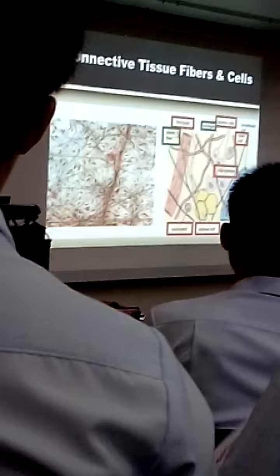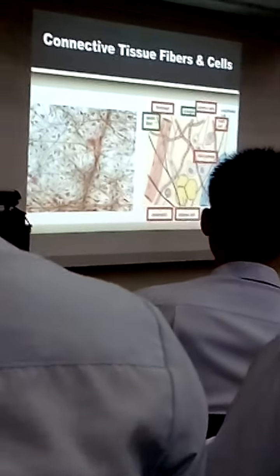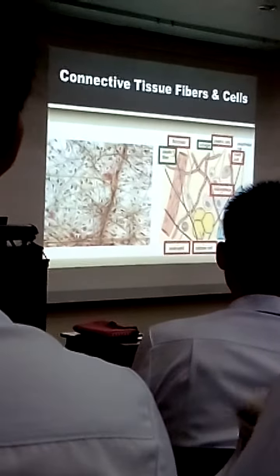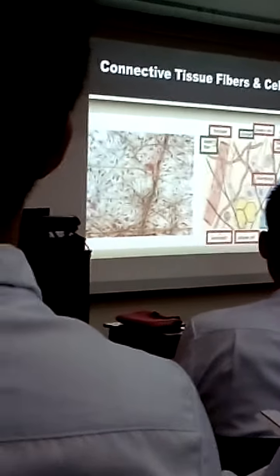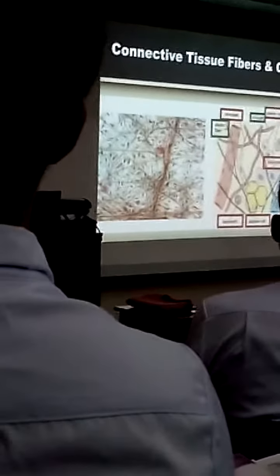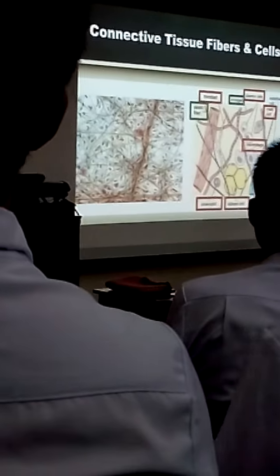So you may have fibroblasts, you may have plasma cells, mast cells, macrophages, lymphocytes. We discussed adipose cells a while ago, and then you may have also eosinophils. These are the ones that are being illustrated in this illustration. So for the tissue on the left side, you can see actually the blood vessel is very pronounced here.